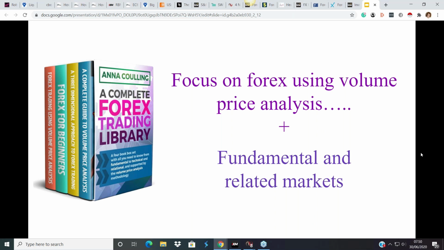For those of you for whom it is your first visit to one of these sessions, we will be looking at the charts, and the we is myself, Anna, and my husband David, who's sitting behind me. We're looking at the charts through the prism of volume price analysis. That's the kind of technical analysis of the chart that looks at price action and volume to tell us whether the price moves that we are seeing are genuine or not. And the best way to see it is actually on the charts.